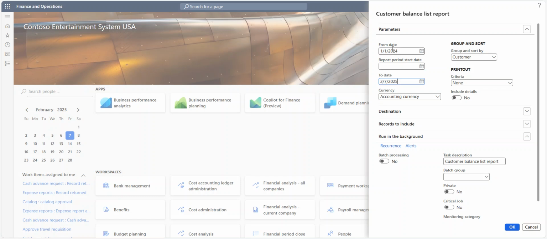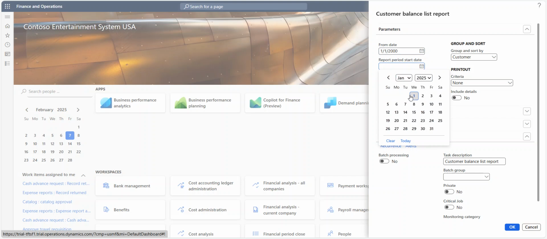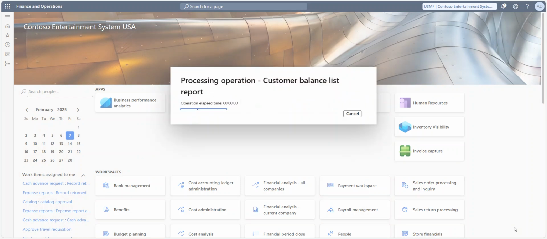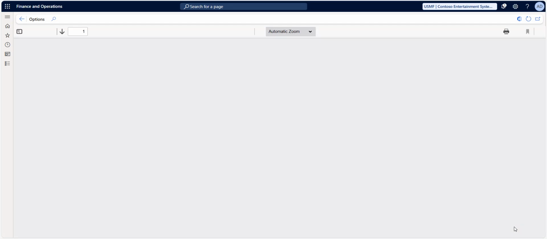Here you can see we have two different dates, report starting date and from date. So you can classify from the cumulative balance, and even for this particular period, what is my balance. You can see both ways. For example, if my cumulative date starts on 01/01/2000 and I want to make a report effective from 1st January, I mention the report starting date as 1st January. If I run this report, it will show me my debit and credit balances from 1st January to